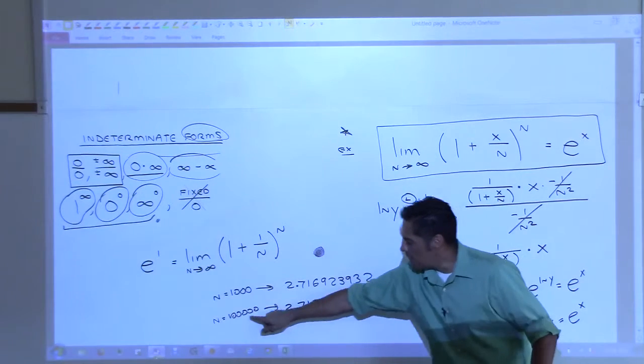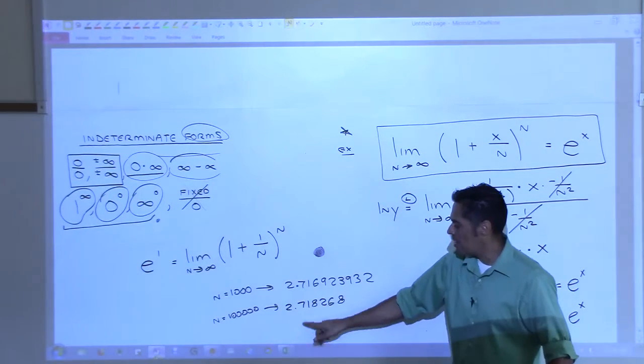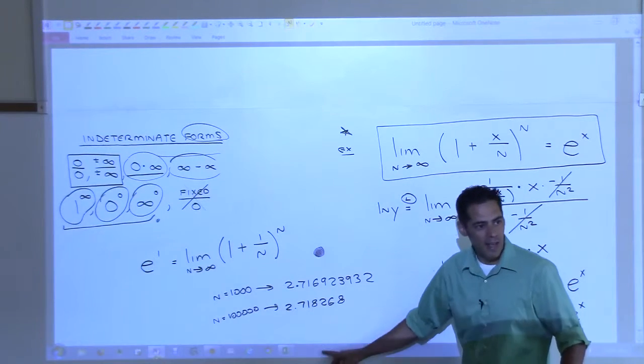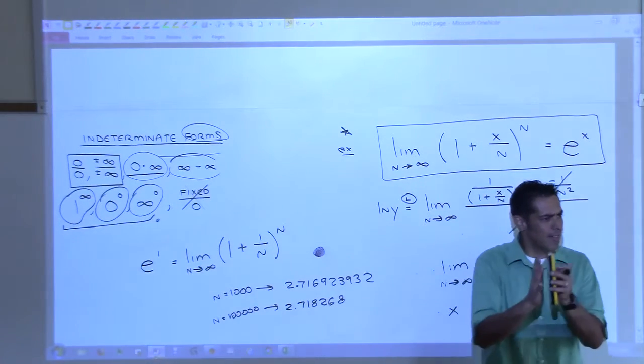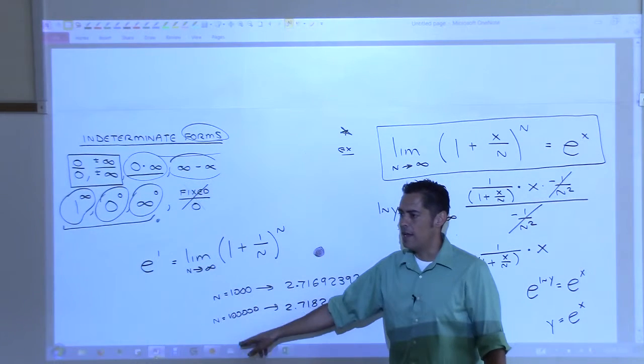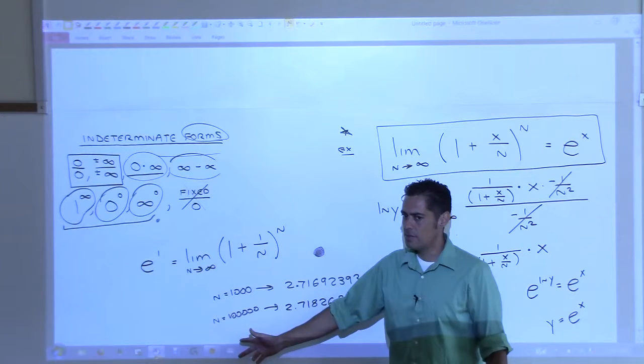Doing this to bigger and bigger numbers, these numbers start to lock in. So like the 7 will lock in and never change, then the 1 will never change, and then the 8 will never change, and so on and so forth. Do you see that's how you get more decimals of e? It's just taking bigger and bigger numbers for n. Make sense?